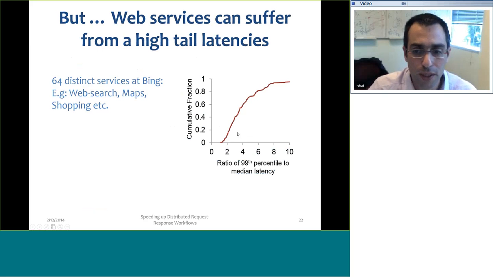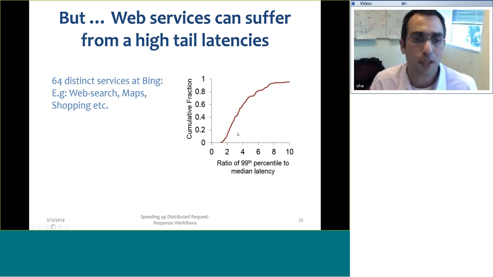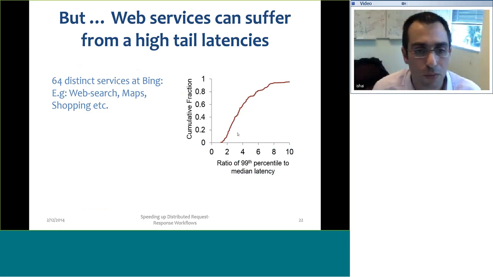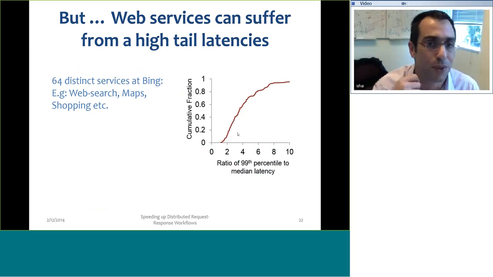So the point is that when we started looking at this problem, we looked at the different services in Bing. When I say different services here, it's a bit different than the services that I mentioned in the first part of the talk, which were internal services. Here it's more like web services. You want to think of each web service as maybe consisting of the services that I discussed in the first part of the talk. So here a service is a web service: it could be the entire Bing.com, Bing Maps could be a service, shopping, etc. So these are web services.